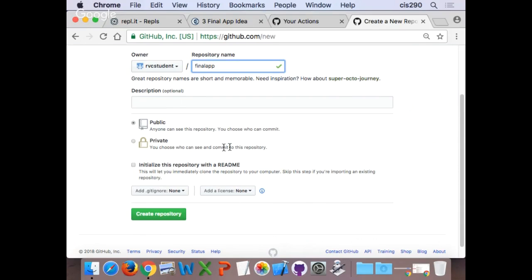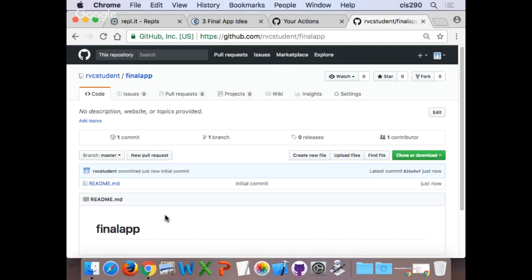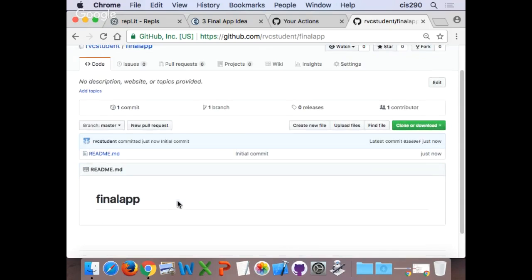So I'm going to click the create repository button now, which should go to this page here. Those of you that did not check the README, there should be a link in here to create a README for you. If not, I'll come around later and help you with that.